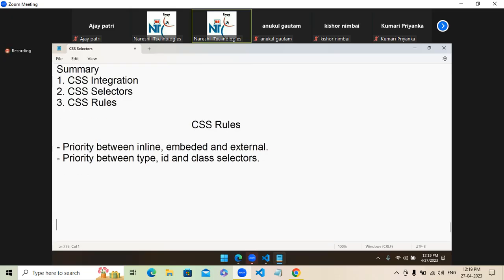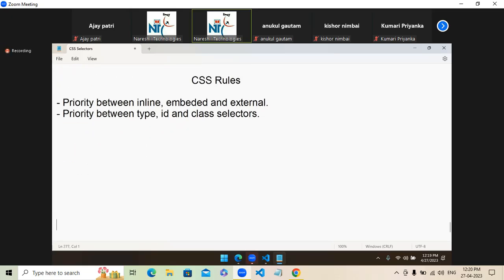Which one will apply, how they apply, these are all CSS rules actually. No need to discuss this now because we already learned about that. These rules I already explained to you. Because in interviews they ask category wise, tell me CSS rules, tell me CSS